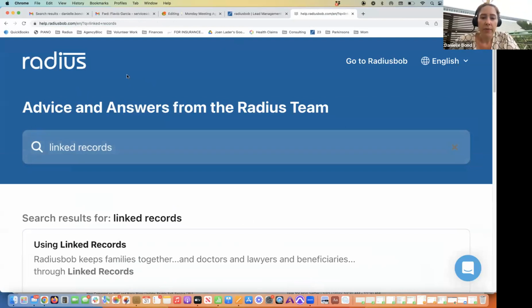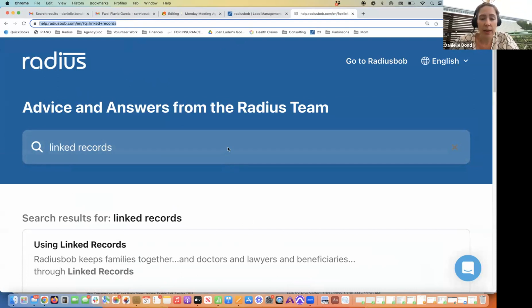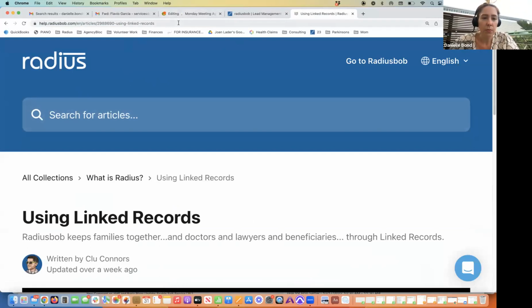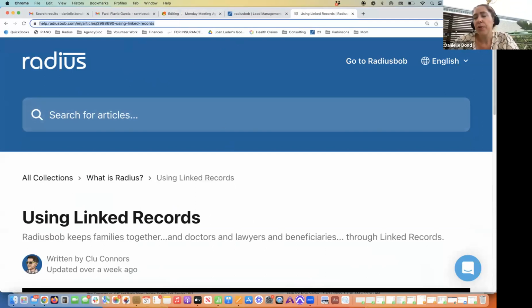Correct. You would create the wife, and then you would go to her linked records and add him in there, so that way you don't have to repopulate all of their contact information. Obviously you would need to have a separate date of birth for them and all that stuff, but it'll be easier. And in the video, you'll see I recommend having a specific status for that, because if you're selling Medicare and that person isn't 65 yet, you can put them into a status of